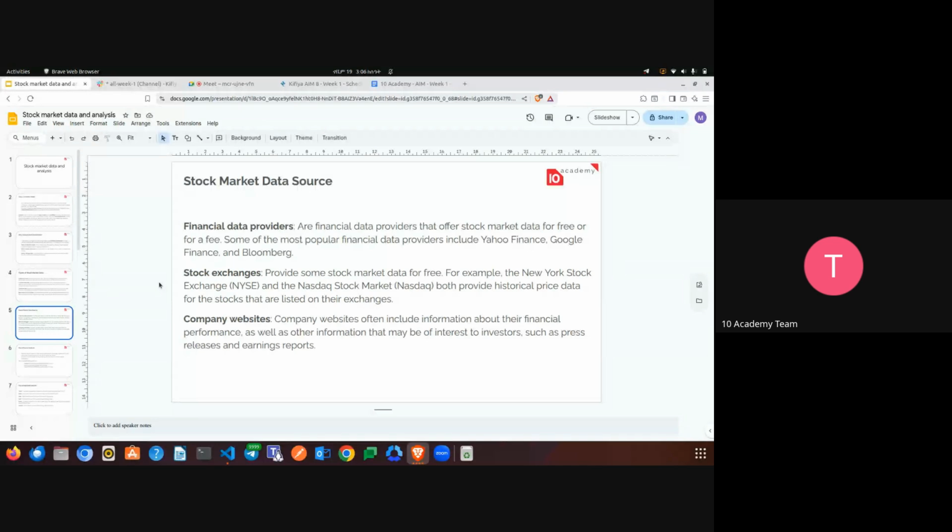The open is the price at which a stock starts trading when a market opens. So when someone buys a stock, that price is the starting price for the day. And the high is the highest price at which a stock traded during the day. So the highest price will be